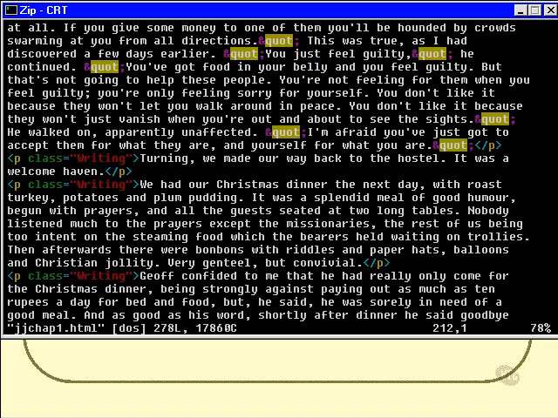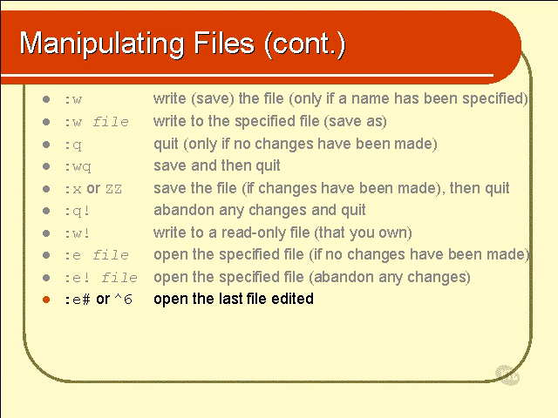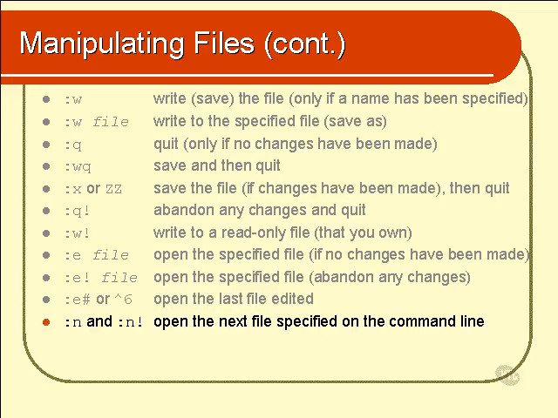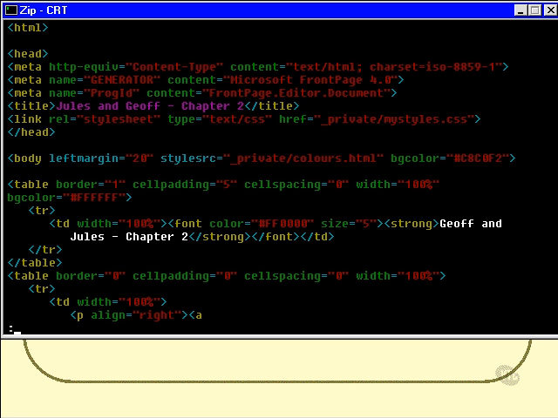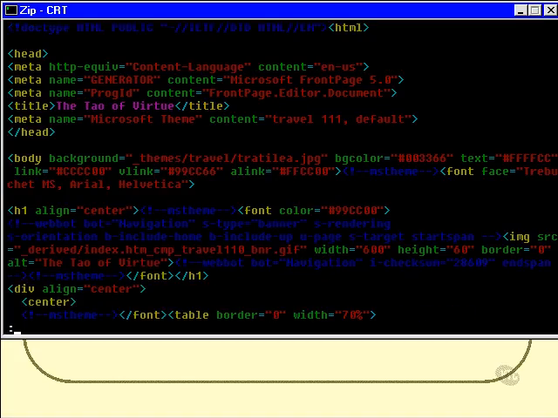Remember, I said you can only edit one file at a time, but you can have a list of files that you're going to be editing, and that's what's happening here. I'm in the middle of editing the first one, but the remaining ones are still in the list of files to be edited. So I can use :n or :n! to move on to the next file. I can finish making all my changes in this file, save using :w, and then use :n to move on to the next one. So I would do :n, and then :n again, and then :n again,